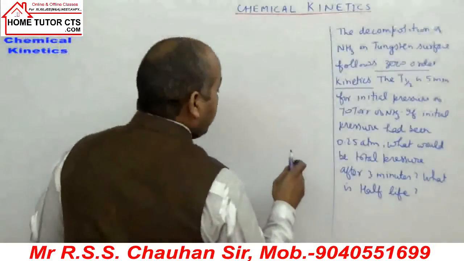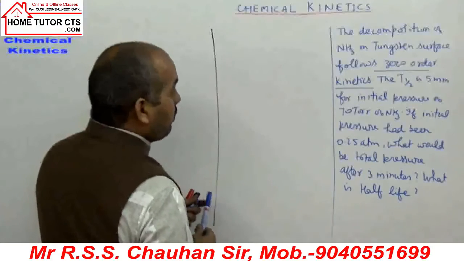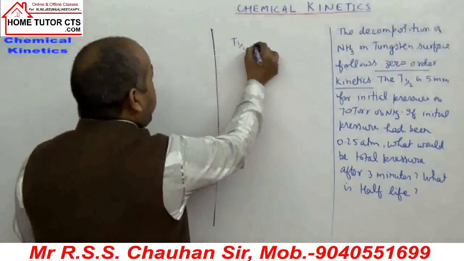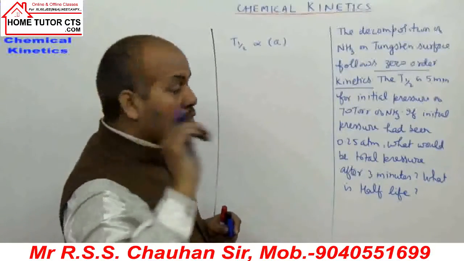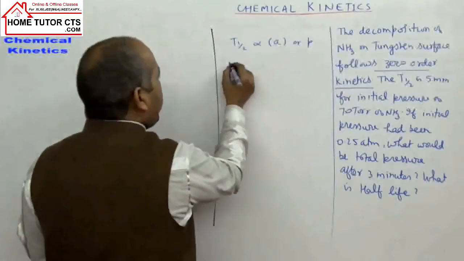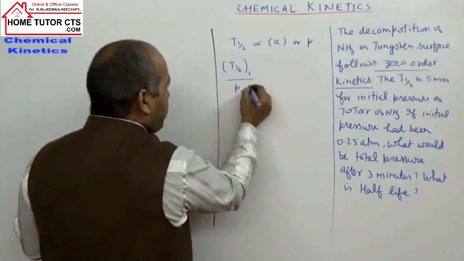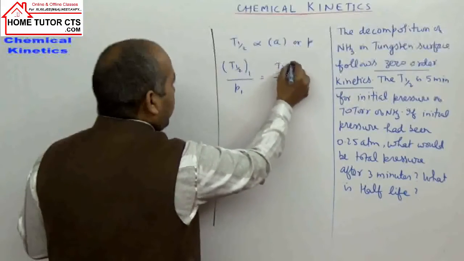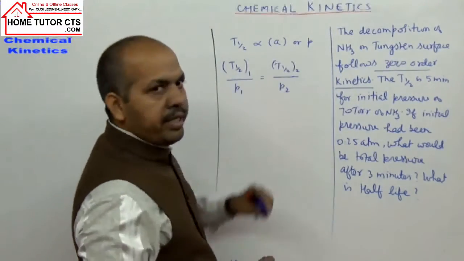So we can solve this question in two parts. First part is the calculation of half-life period. When we change pressure, T half is directly proportional to reactant initial concentration, or for gases, partial pressure. So I can write T half at time 1 by pressure P1, then T half at second time when pressure is P2. That ratio can be taken constant.